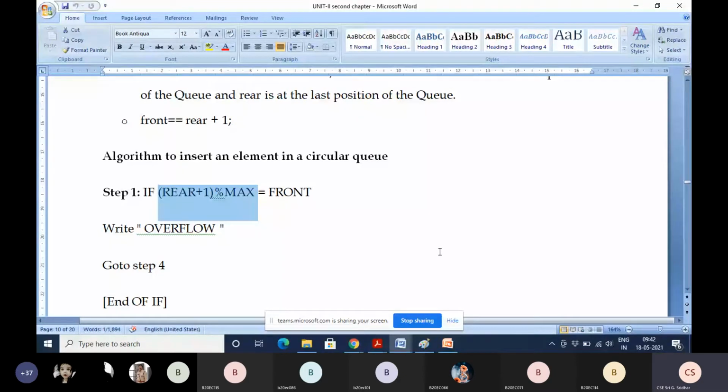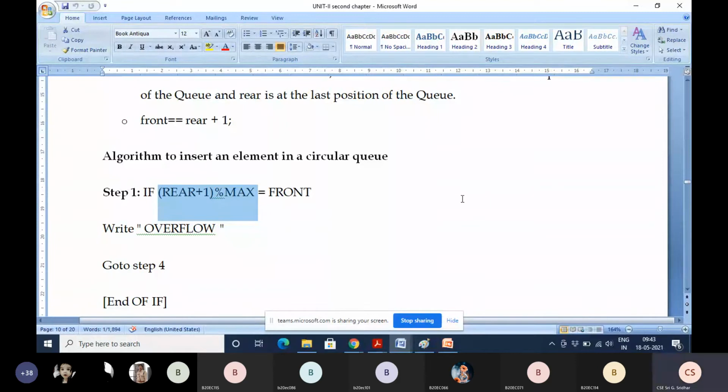Okay, students. So what you have to do here, you have to always perform, it's better whenever you are inserting any element into a circular queue, instead of writing rear equal to rear plus 1, you write rear plus 1 modulus max, isn't it?